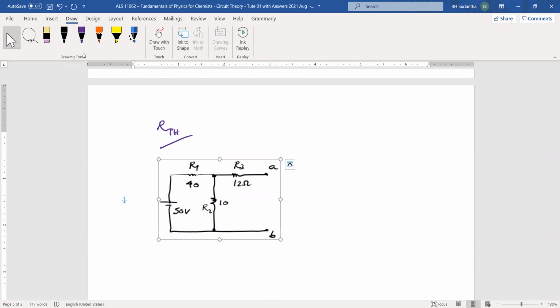Okay, then we can remove this one because